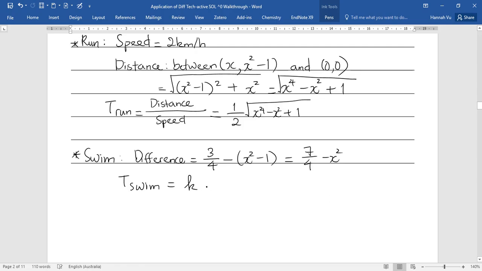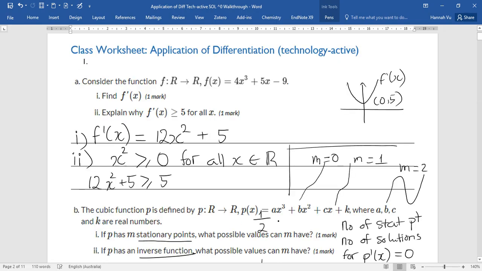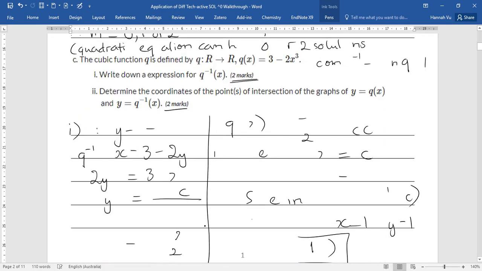then it will be k of 7/4 minus x squared, and the total t is going to be the running time plus the swimming time, which is a half of